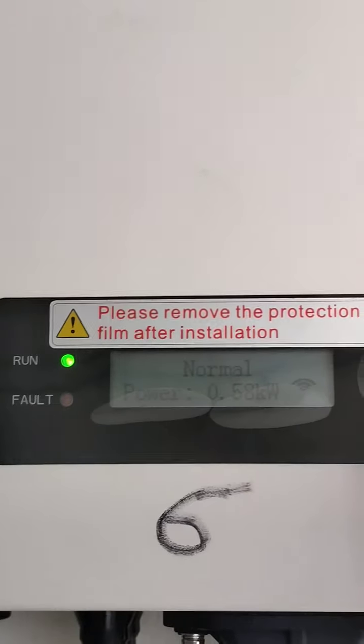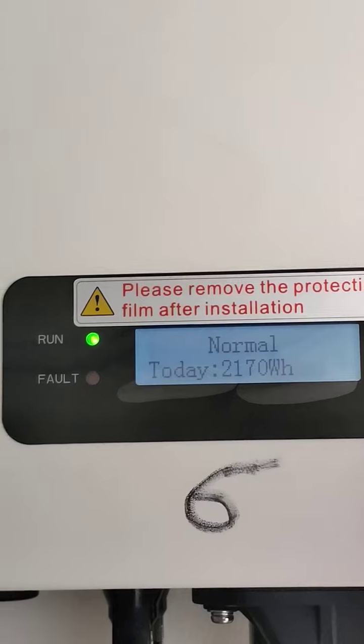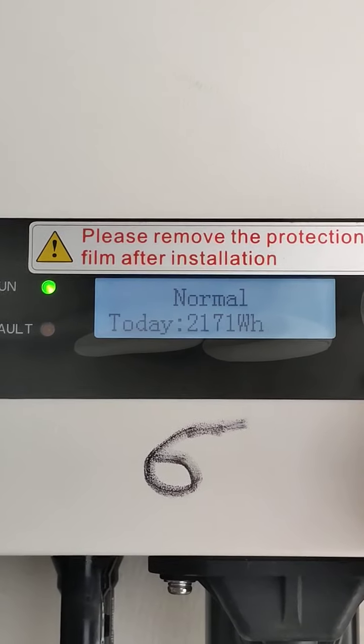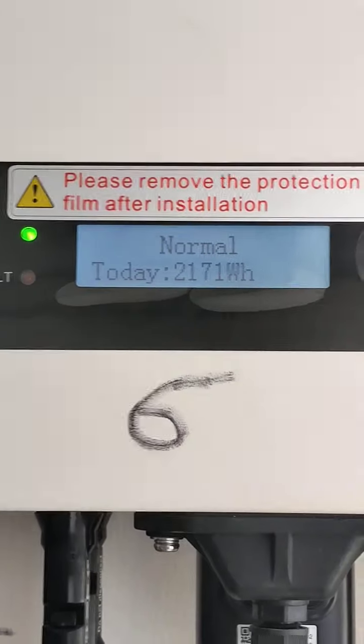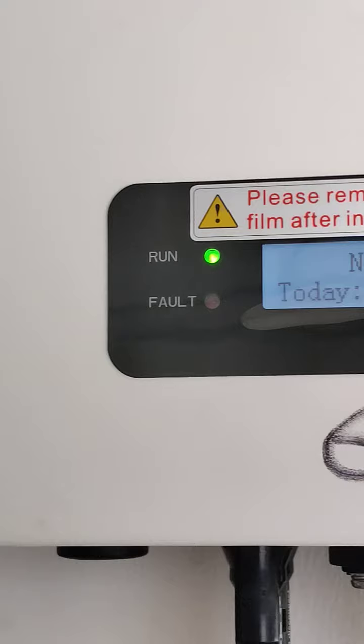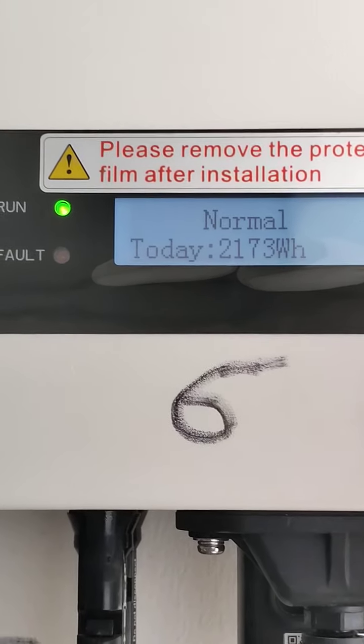Yeah, now the screen is visible. The LED is glowing right now. This is the button. You have to press it once. The LED will start glowing and it will show all the normal parameters, generation and everything. If you have to enter the setting for the very first time, you have to set the parameters such as date, time, NSET country code and country code.